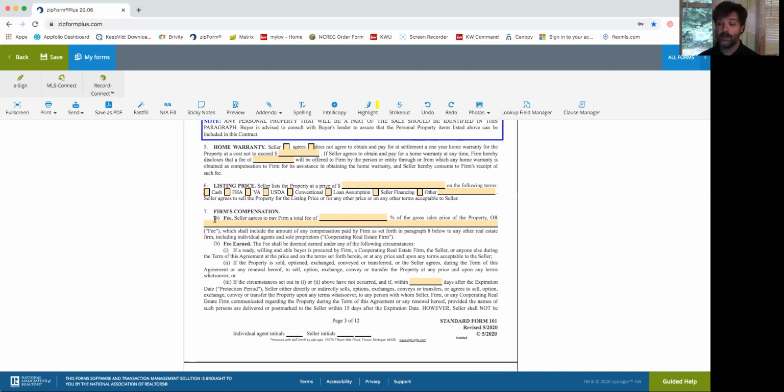Now, this is the listing firm's compensation. Remember, the listing firm is entitled to all of the commission. So let's just say, for round numbers, this is a 10% amount. The listing firm would receive 10% of the gross sales price, or you could put a flat amount, whatever that amount may be. Of course, due to Sherman antitrust, we are not discussing